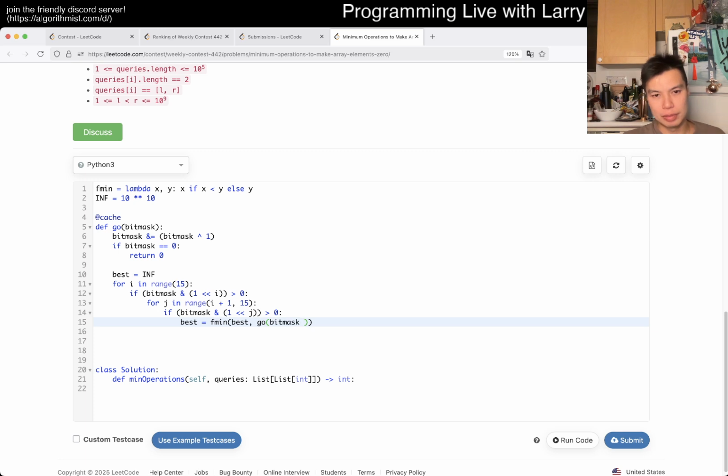We want to flip. Okay, so we flip those two, and then we also flip